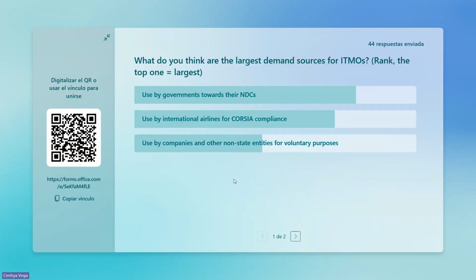Great, so we can see that at least in first place our audience thinks that the largest demand source for ITMOs is use by governments towards their NDCs, but actually CORSIA is not far behind. Excellent. And of course, we can see that it's clear that use by companies and other non-state entities is the least popular of all the answers. Now, if we jump to the second question,